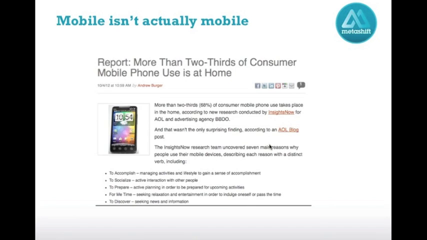Actually, the majority of mobile internet access happens on Wi-Fi in the home. So basically, our mobile devices aren't necessarily things that we use on the move. They're becoming our primary access point for the internet. Think about how you use the internet at home. Your first port of call is probably your smartphone or your tablet, as opposed to going into another room, trying to find your laptop, waiting for it to boot up. So this is how we use the internet.